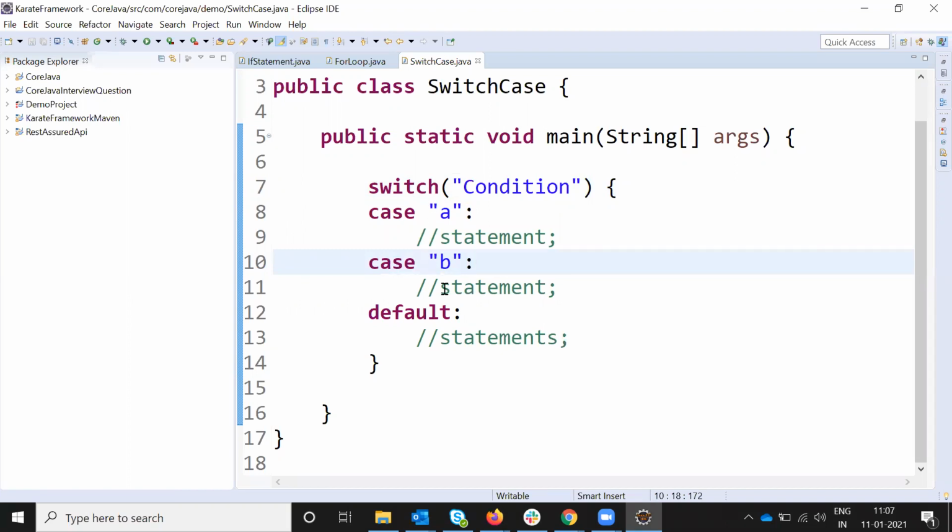Switch and if else if conditions are the same, but the only difference is that with if else, whenever the program runs, it starts at the top and comes down. It checks the first condition, then the second condition, and so on to the last. The switch is not like that. Whenever the switch condition and a case value both match, it will execute that piece of code. Otherwise, it will execute the default and jump outside. We will see how the code executes.